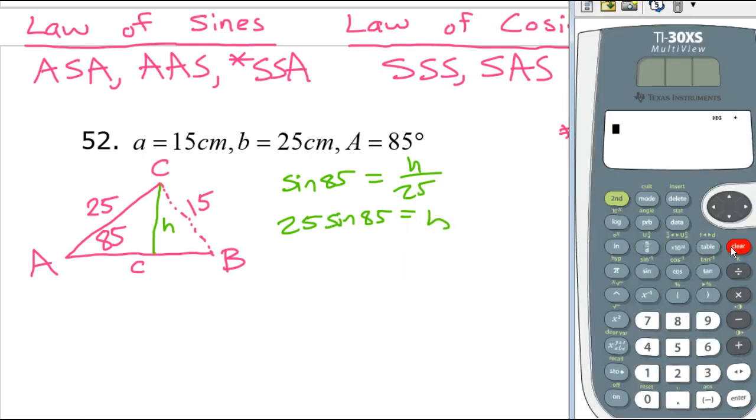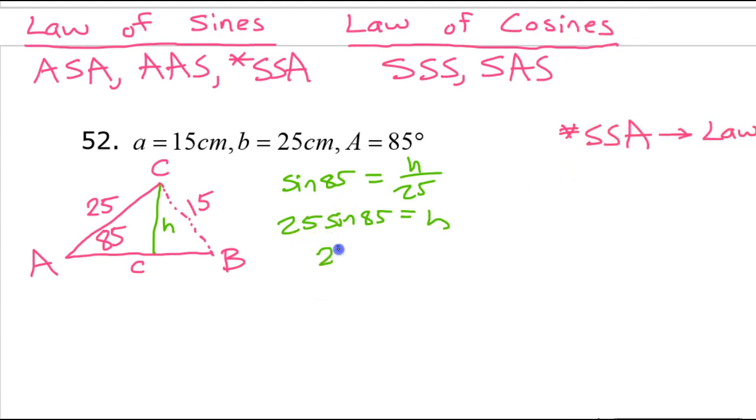So let's find out how long this is. So 25 sine 85. Okay. Uh-oh, that is 24.9. I'm going to round that to one decimal place for right now. All right, that is 24.9. And I'm saying uh-oh because